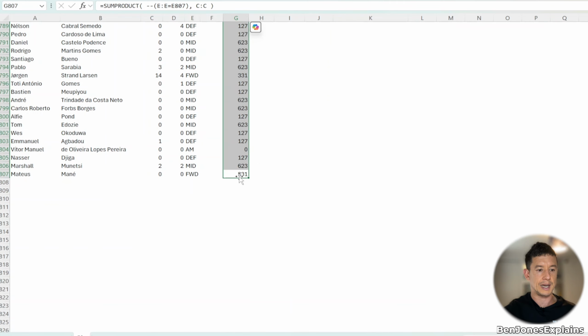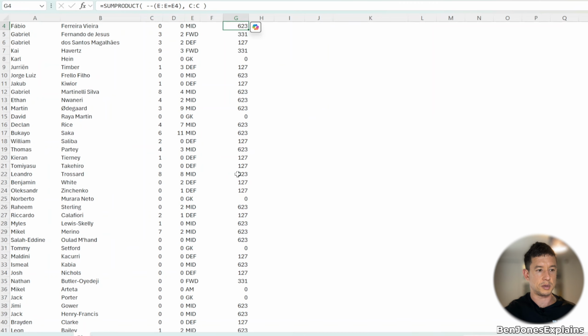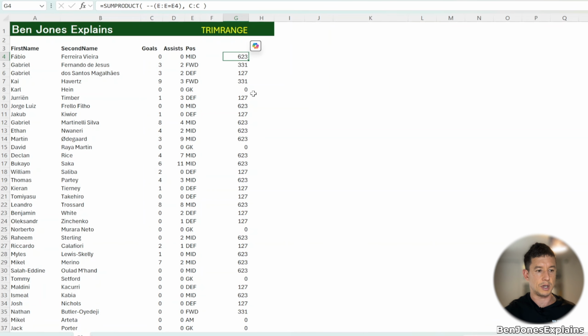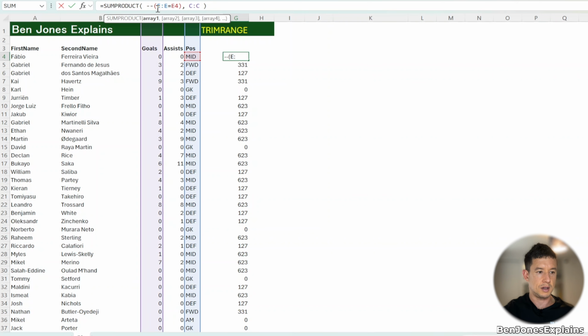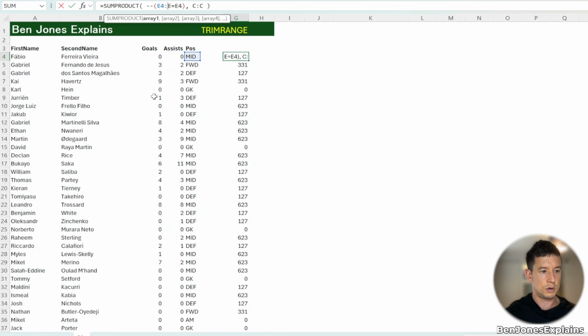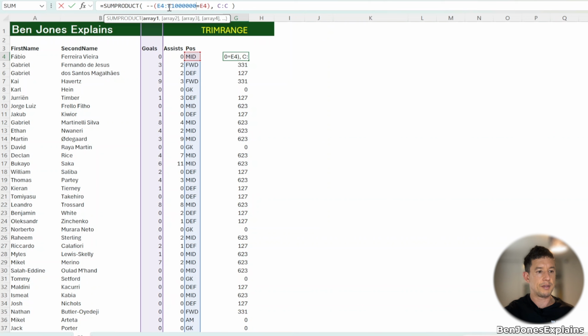So now that that's calculated and given us the total goals per position, let's have a look at how we could improve this using the trim range. Where we have column E, that some people might use to allow for growth in their data, not realizing they can specifically reference a number of rows with data in, we're going to add in from E4 down to E1 million. Now that we have that range, we're going to add a dot to trim all the trailing blanks